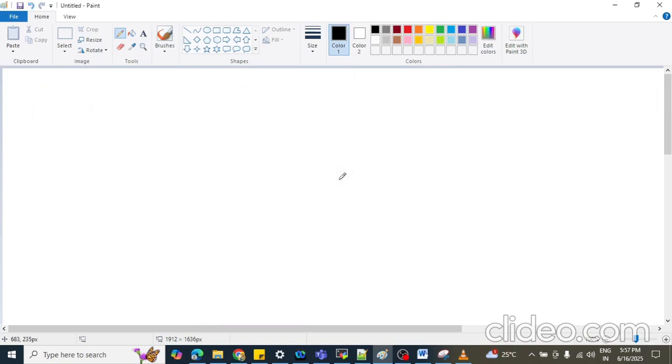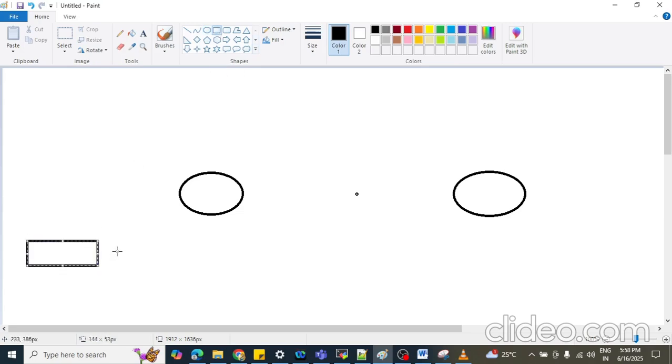Let me create a new one. Suppose this is your version v1 and this is your version v2. So here the deployment is running, the service pod will also run, and the ingress controller will also run.